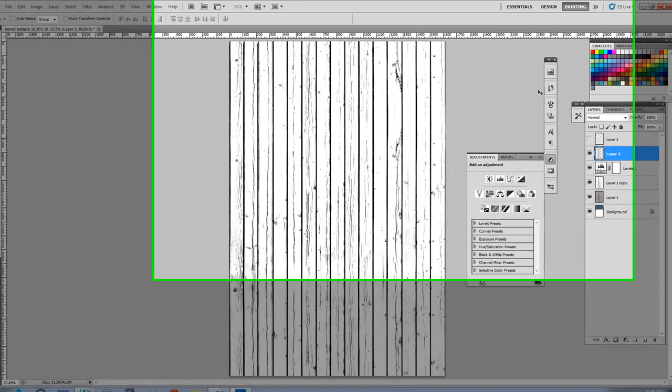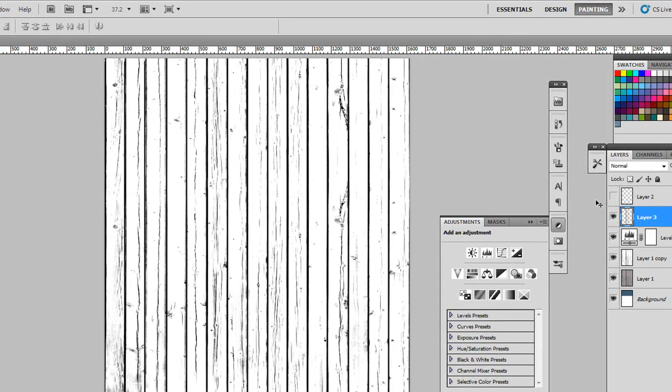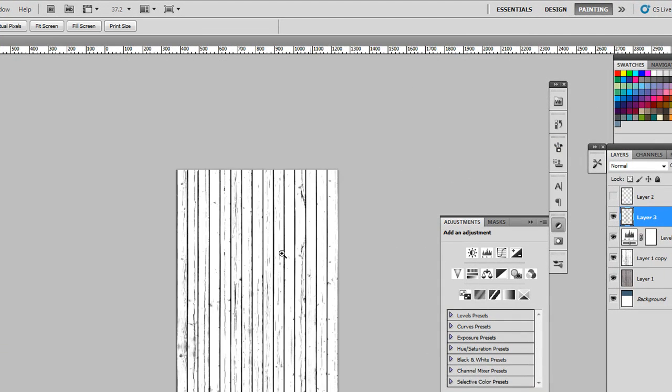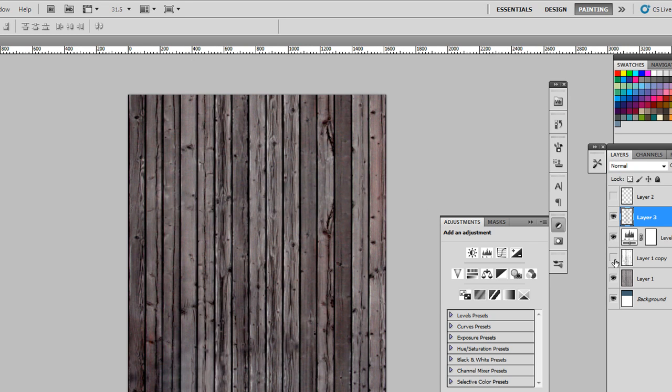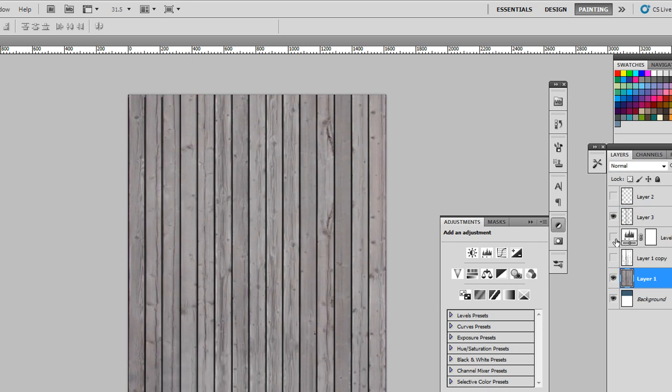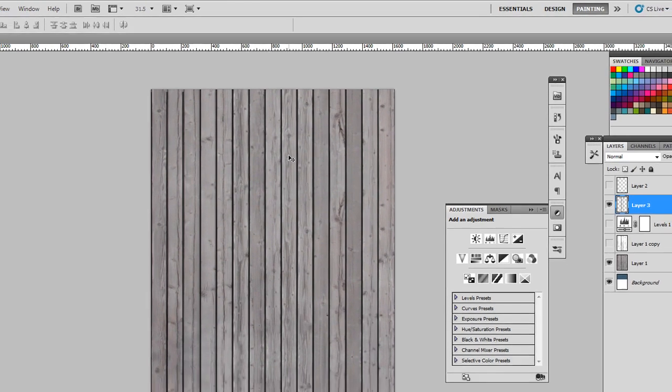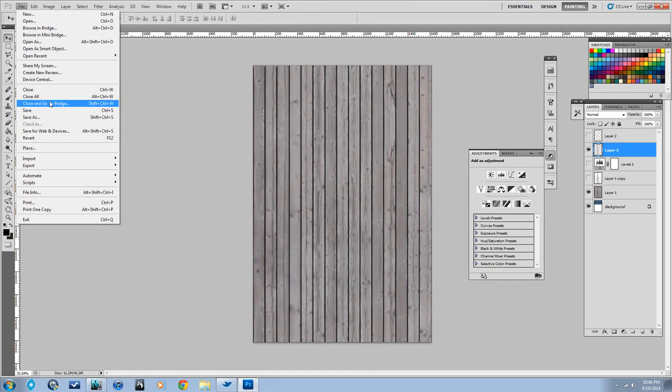Okay, that'll probably work right there. So now we have really nice accentuated siding. And we might even want to, let's turn that off. You might want to leave those on for when you do the diffuse map. I definitely do. So now when you save this, we can do save as,